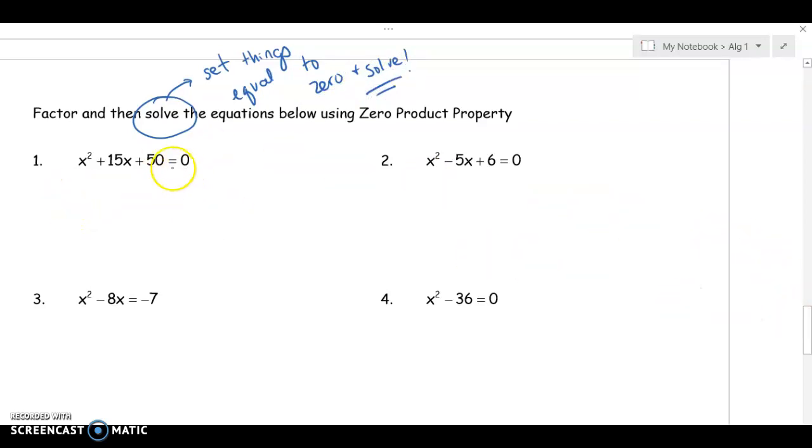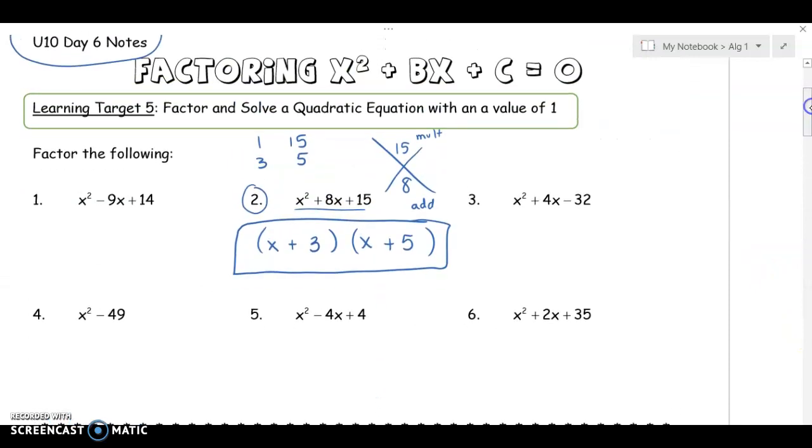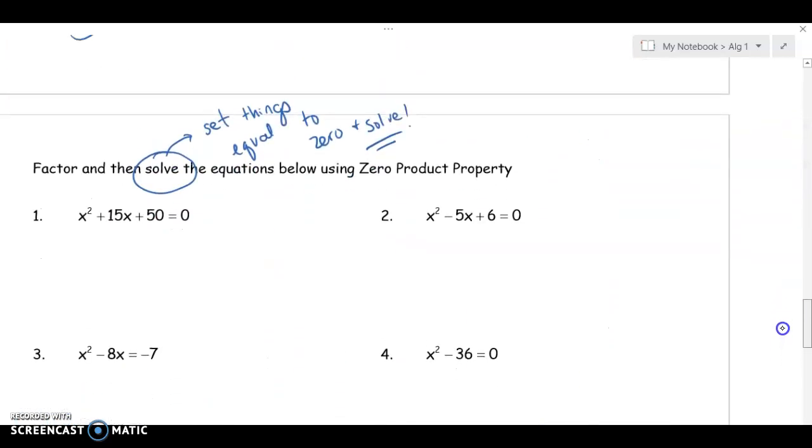These are going to be different than the ones we started with. You'll notice these problems have an equal sign in them. The ones that we started off with at the very beginning of our notes, the ones like yesterday, did not have equal signs. The ones that don't have equal signs just have to be factored. These ones have to be factored